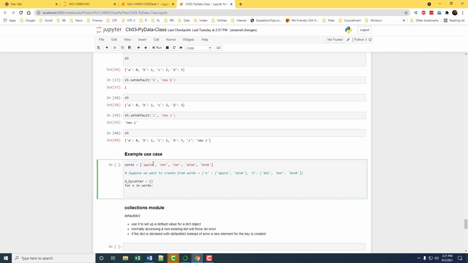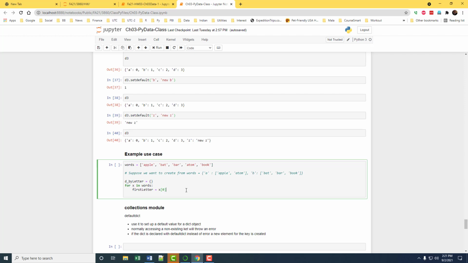But before we get there, let's look at the first letter. From x, we look at the first letter. x[0] will peel off the first letter for us.